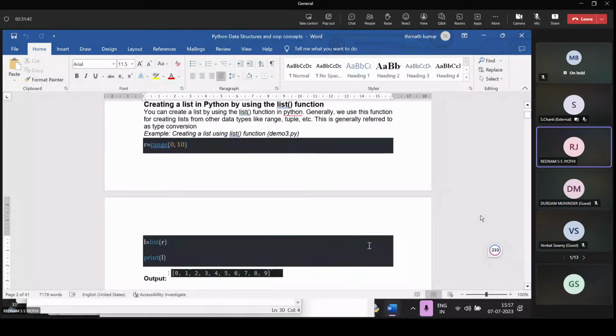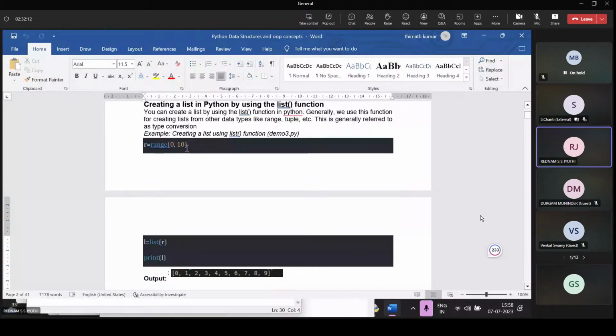Next, creating a list in Python by using the list function. We already said that if you want to create a list, we directly assign some values enclosed with square brackets and separated with commas to a variable. That is one type of creation of a list. Another type of creation is the list function.